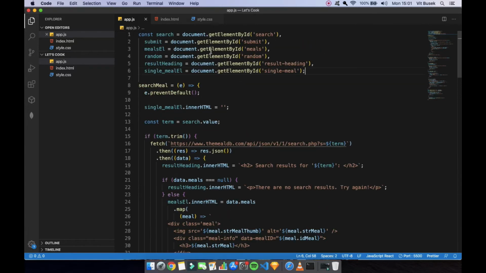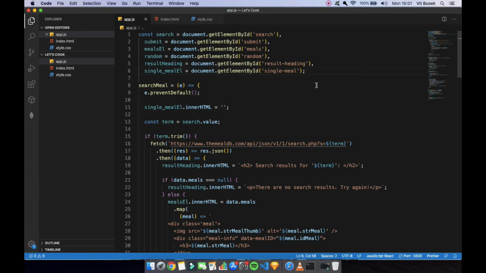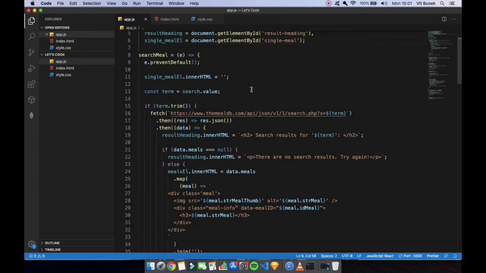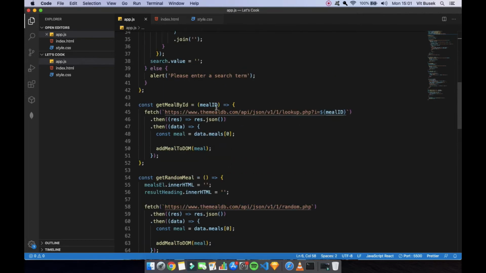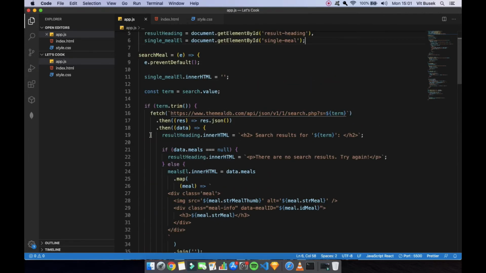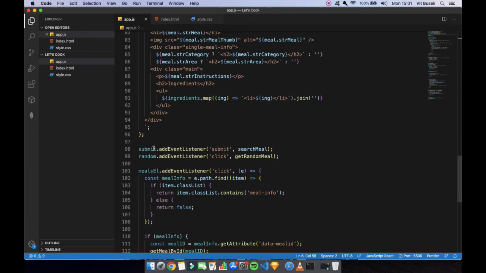It doesn't really matter. You have to declare your const at the top, or at least before you use them, because they don't have full hoisting. So that's an obvious one. The event listeners are down here, and then my functions make up the body of my JS file. The first one is the submit button, where we listen for a submit event and call the search meal